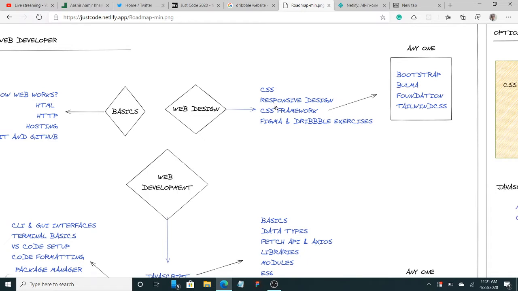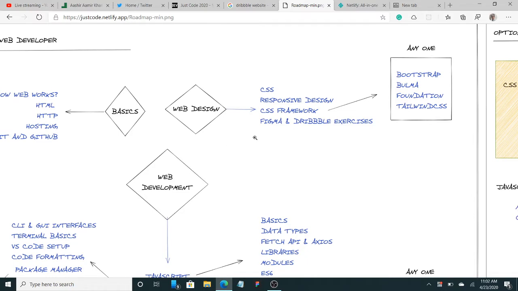So we'll learn a CSS framework. There are Bootstrap, Bulma, Foundation, and Tailwind CSS. Bootstrap, Bulma, and Foundation are mostly the same. Tailwind CSS is a lot different. So we'll work with Bulma first, and then we'll work with Tailwind CSS at the end, and we'll get to Figma.